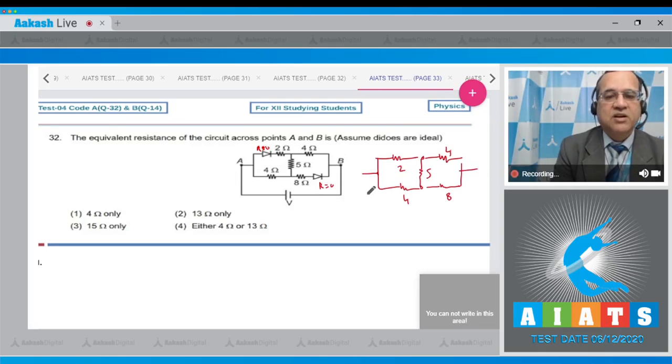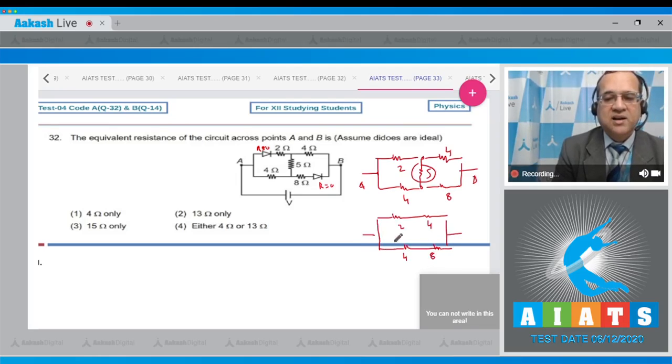In order to find the equivalent resistance between the points A and B, look at this one: if R1 by R2 is R3 by R4, it is a Wheatstone balanced condition. So this resistance is of no importance. Then your circuit reduces to 2 along with 4 in series, and in the second branch, this 4 along with 8 in series,